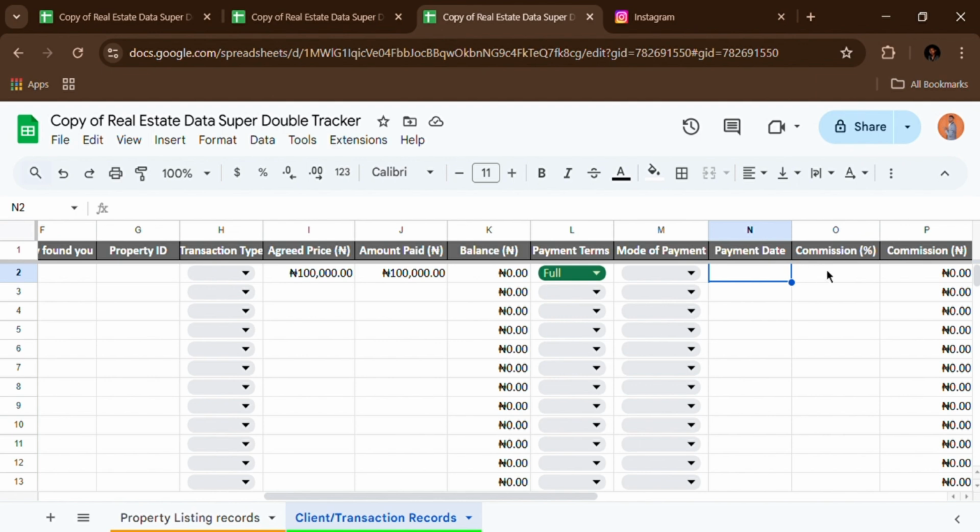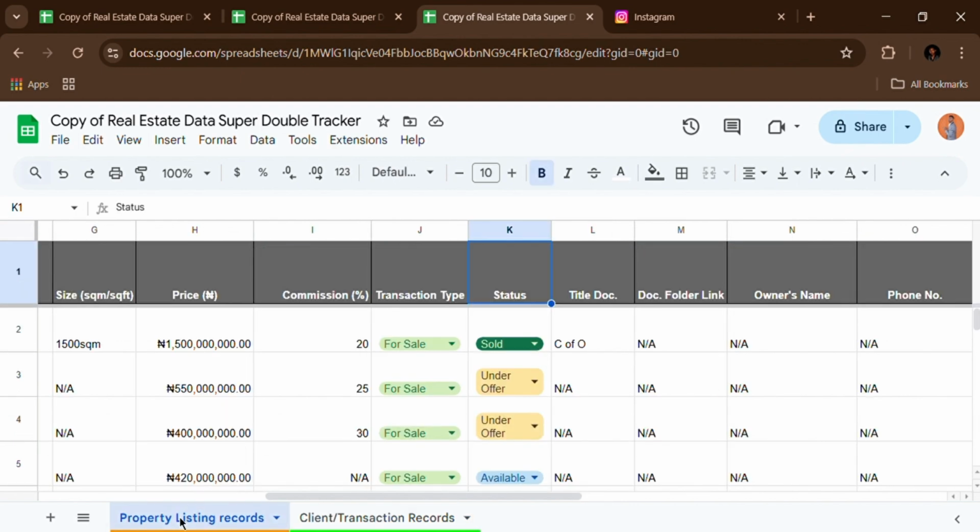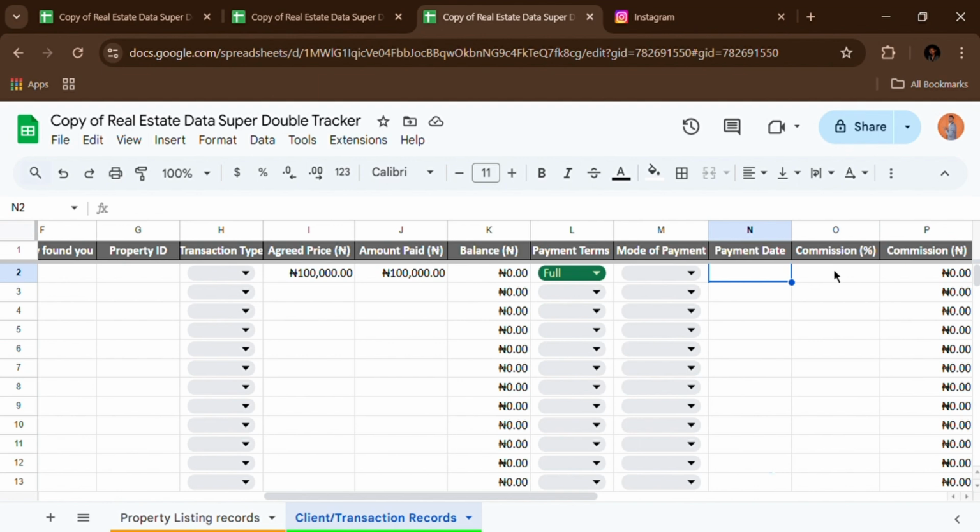Then your commission now. You will remember this commission because when you were listing the property, you listed the agreed commission for that particular property. Do you understand now? So you now put your transaction, your commission. The moment you put your commission, remember the agreed price is still there, right? So let's say you put 20%,